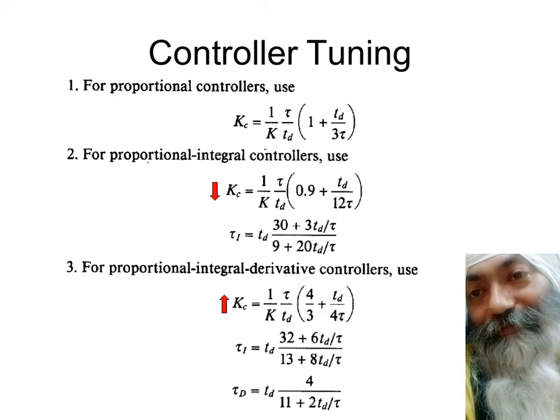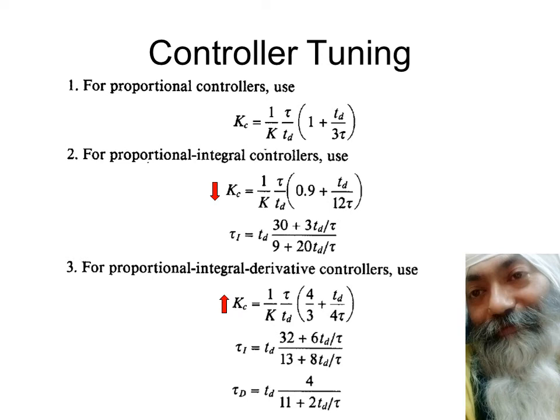So instead of going in for full mathematics and going in for the process modeling and so forth, we simply make use of these things to get a fairly good response, which can further be fine-tuned later if at all you feel like. But this is giving us a good starting response. This is the crux of the Cohen and Coon method, which of course suffers from one major limitation, that to know the process reaction curve,